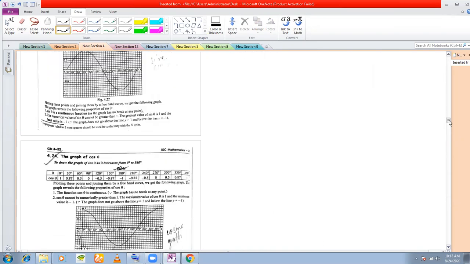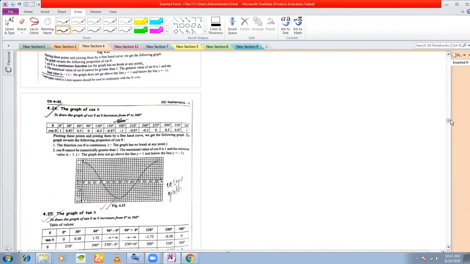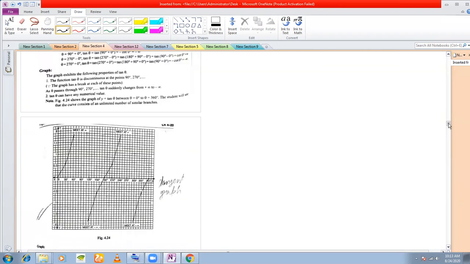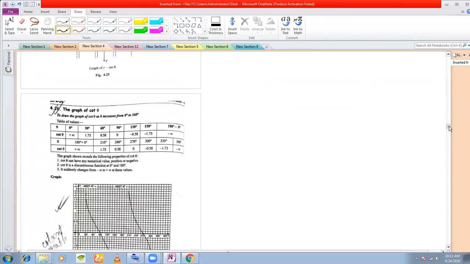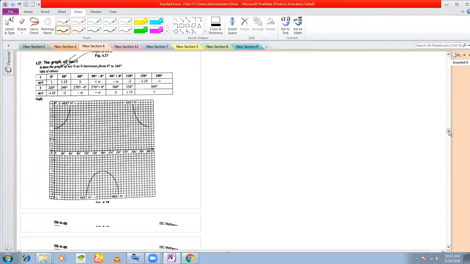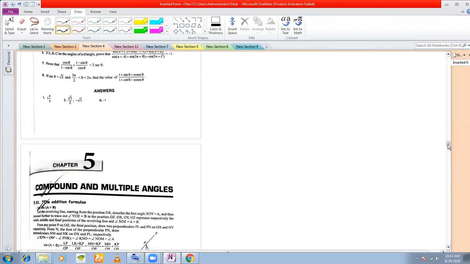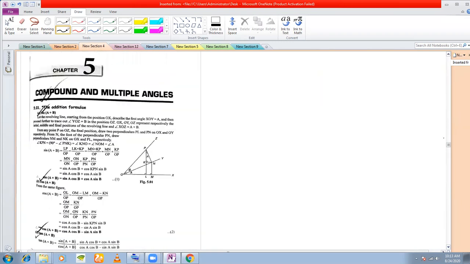Now, next, the graphs of trigonometric functions are not required at all. Later on, the idea of a graph may be required just a little bit, so no point discussing the graphs. I'll straight away move on to compound angles. What are the compound angles that you need to remember?